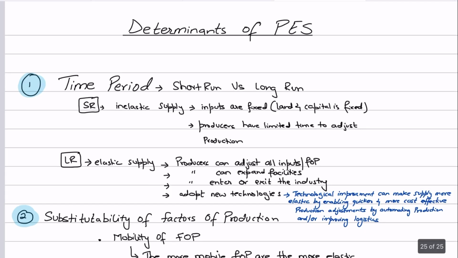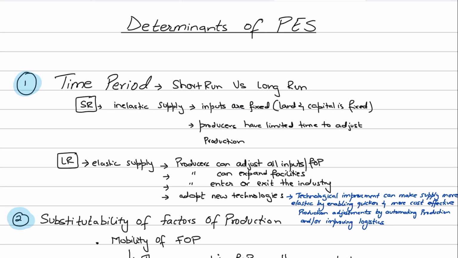Now, as far as determinants of PES are concerned, these are those factors that could potentially influence supply. When you talk about the elasticity of supply, I also mentioned in the previous video that when you're talking about elasticity, we are referring to the response of the producer. Either it could be a quick and easy response, and that is actually what makes supply elastic. So, whenever you're thinking about elasticity of supply, always think in terms of the producer's or the firm's response, and the response has to be quick, timely and easy for the producer to ramp up or increase production. So it's always in the best interest of the producer to have an elastic supply, right?